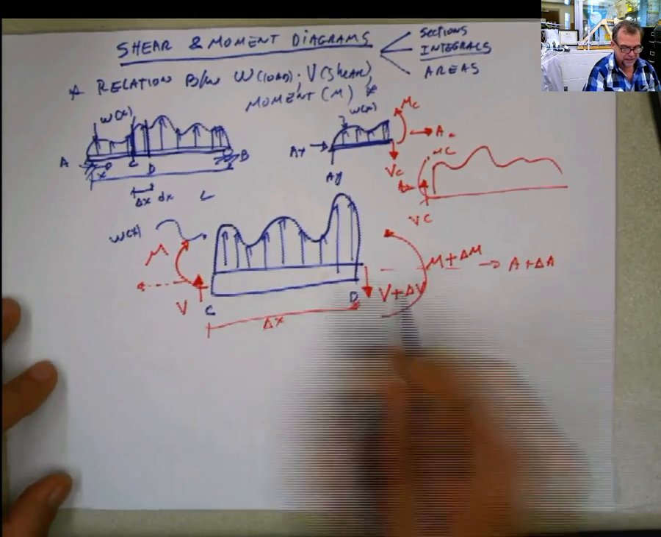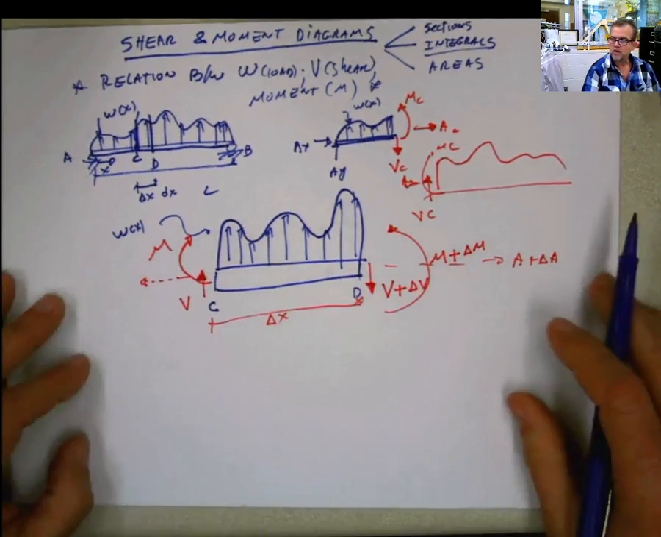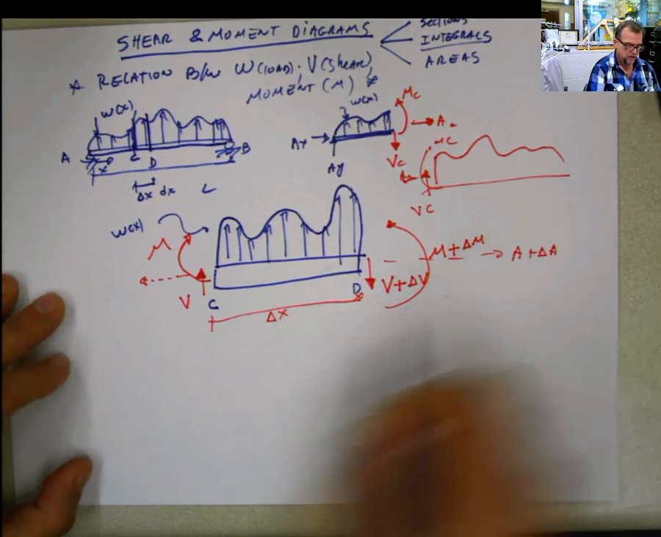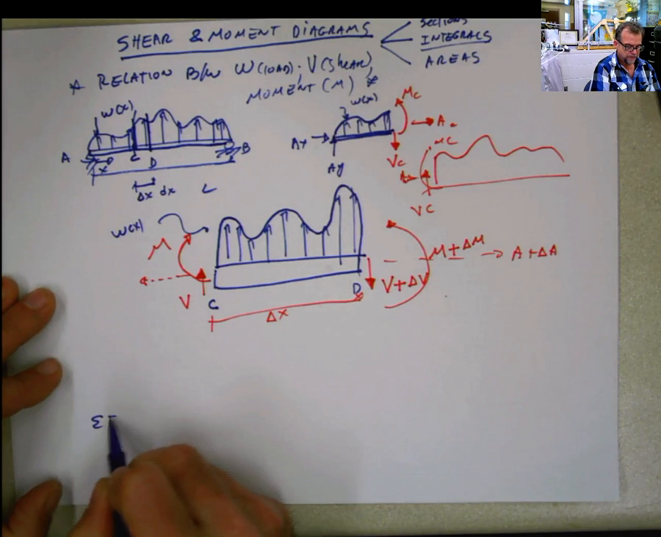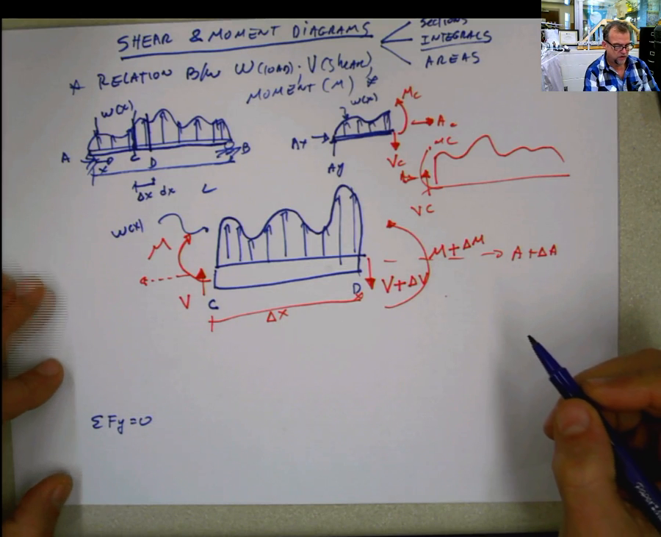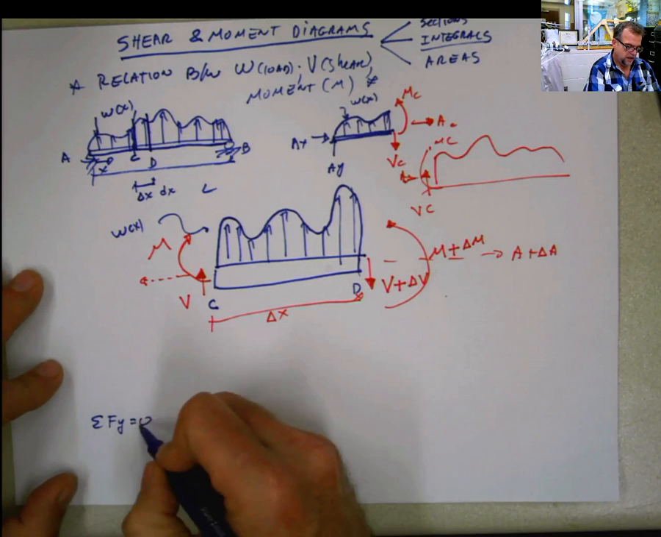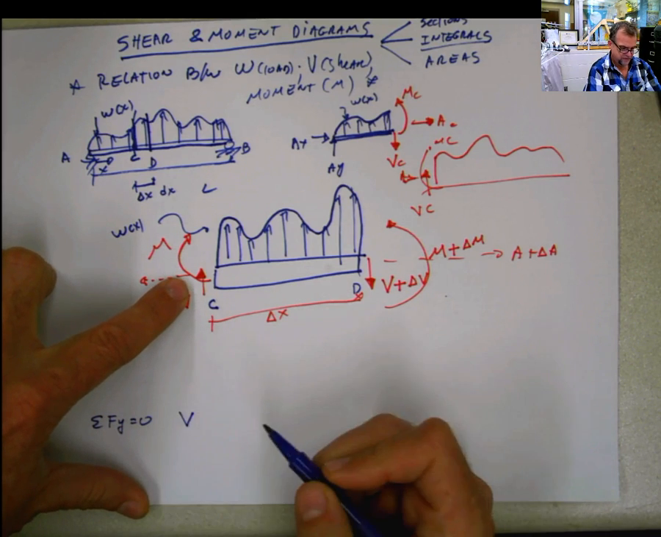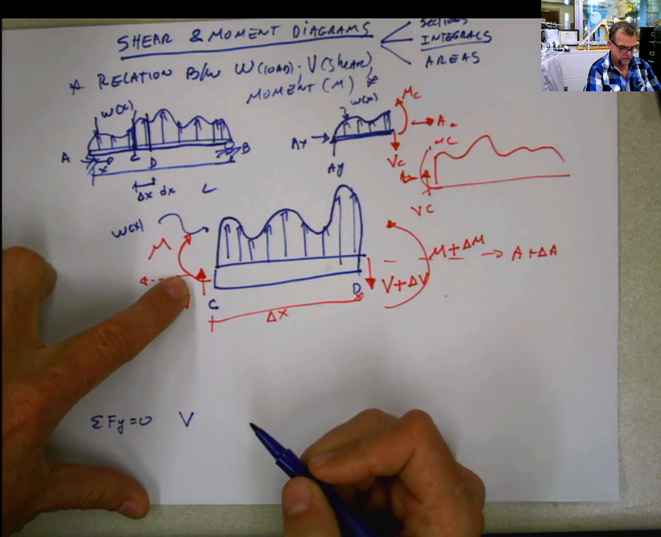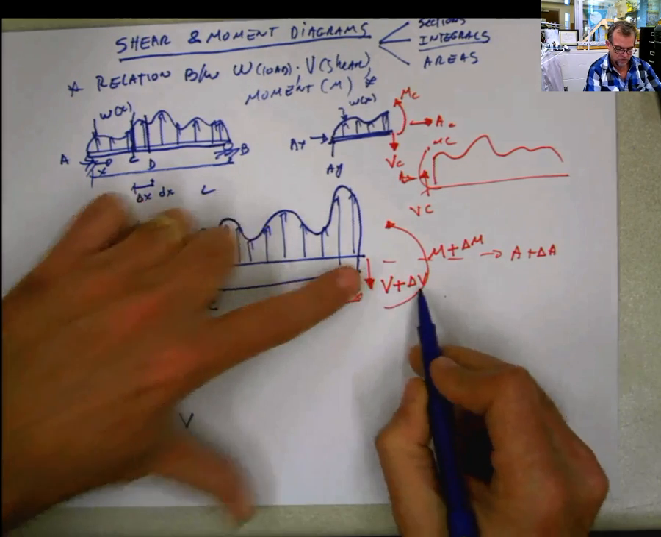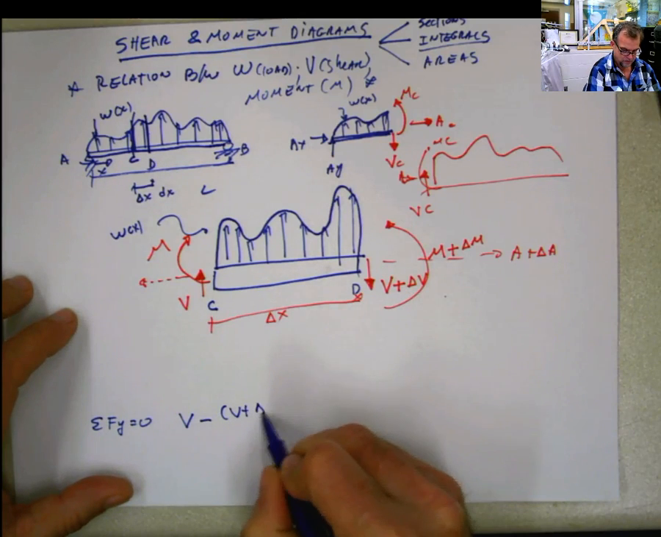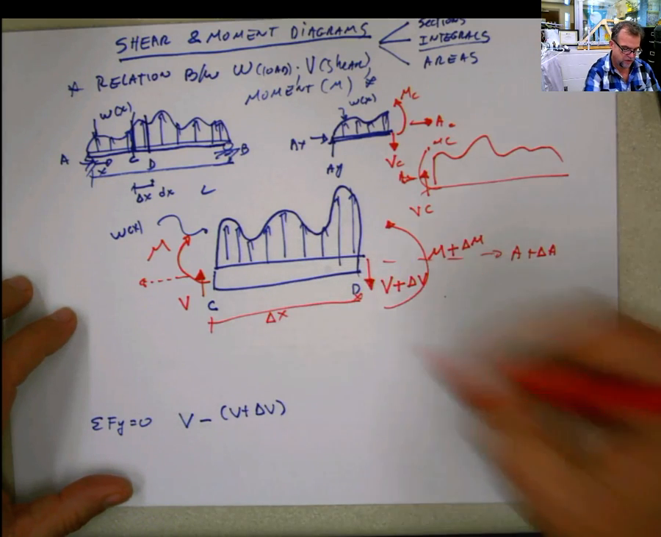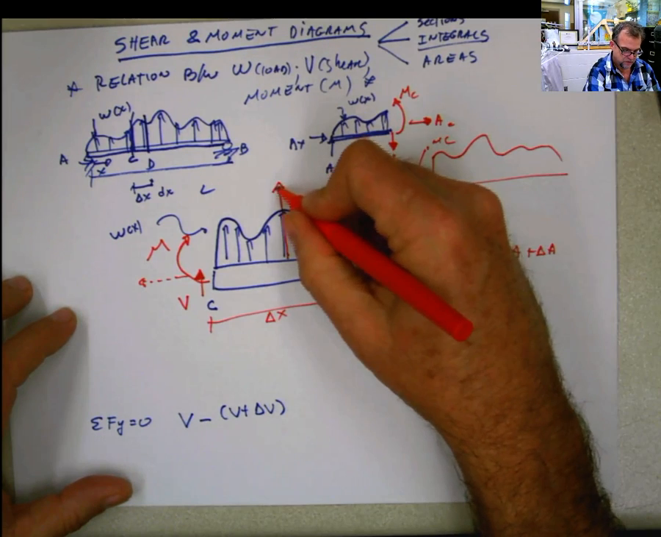Now, how do we make this work? Our objective is calculating those forces in terms of W, so we can establish that relationship. Let's start from here. Let's say summation of forces in Y equals 0. What is the summation of forces in Y equals 0? Okay, let's start. I have V, minus this force, plus the resultant force coming from this load,